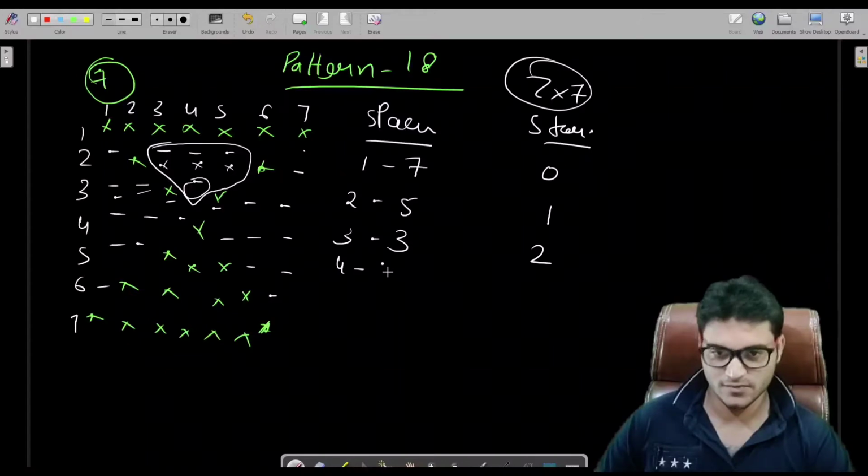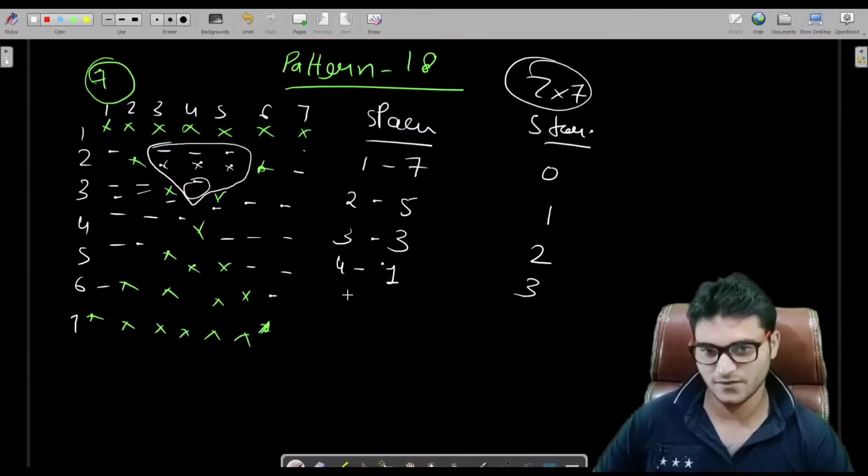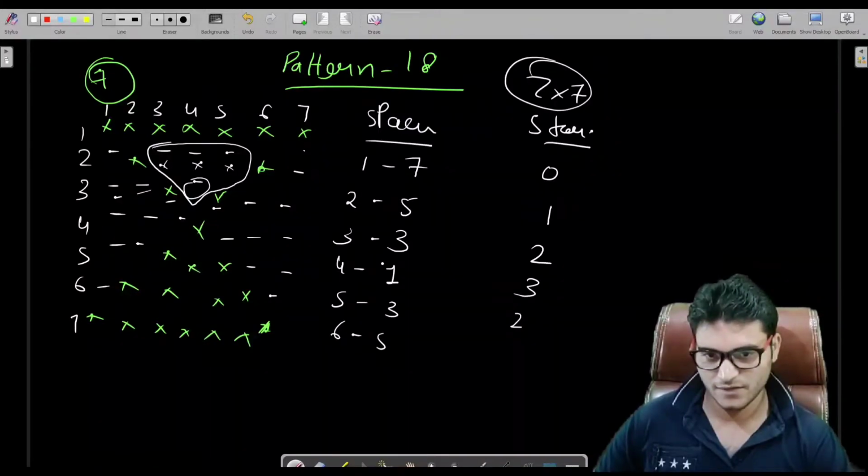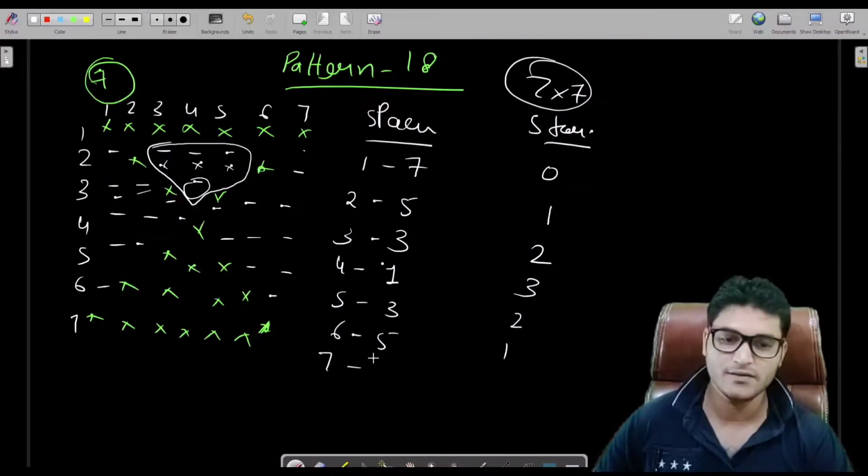Yeah, we have 1 star and 3 spaces. In the fifth row we have 3 stars, 2 spaces, and in the sixth row we are having 5 stars and 1 space. In the seventh row we have 7 stars and 0 spaces.